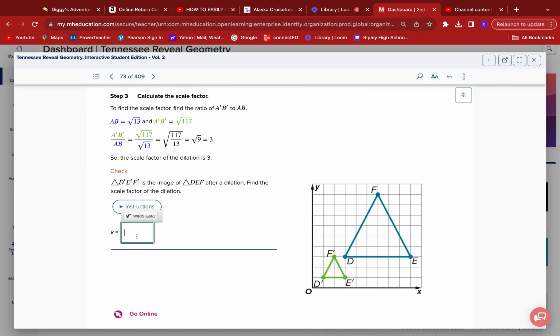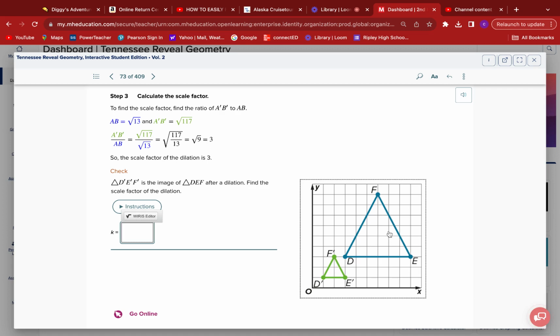Oh, that check. I love that they gave me horizontal lines. So look, here is my original figure because I do not have primes on the D, F, or E. So I'm going to count 1, 2, 3, 4, 5, 6. Okay. My new figure, my image is the one that has the primes, and it's 1, 2. And I am